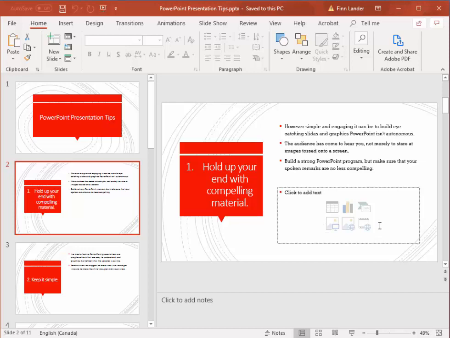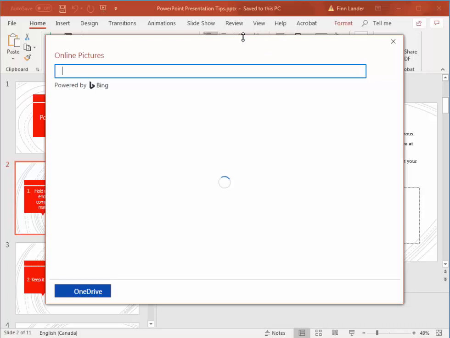So I'm just going to use add an image. So you've got pictures from file, online pictures. We can add video, which I'll show you later on, SmartArt, chart, and table. So I'm going to use this online pictures in Windows 2010. If you're running Office 365, you'll also have a stock images link as well. I'll just use online, and